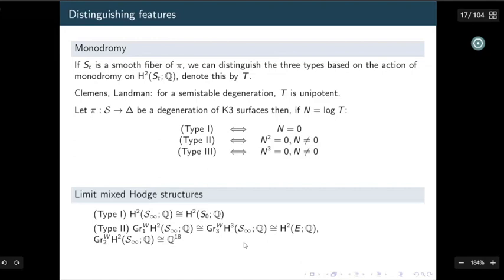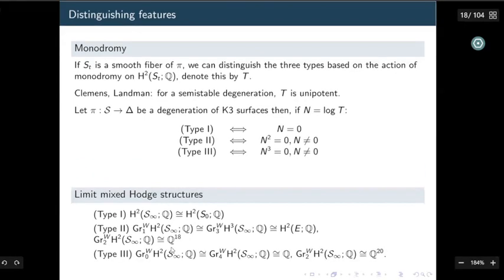Okay, and you can also look at the second weight graded piece, and this is equal to Q^18. So when I write Q here for mixed Hodge structure, this just means the Tate Hodge structure itself. So Q^18 means the unique Hodge structure of weight 2 whose h^{1,1} is equal to 18, and whose other Hodge numbers are 0. Okay, so that's the description of type 2, and in type 3, it's